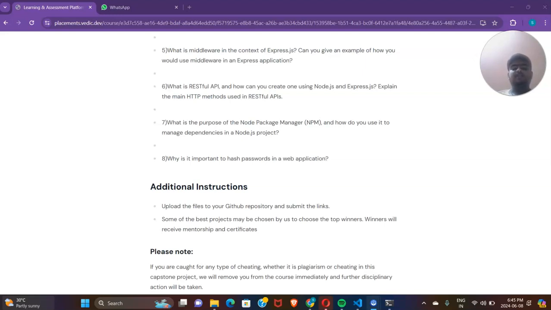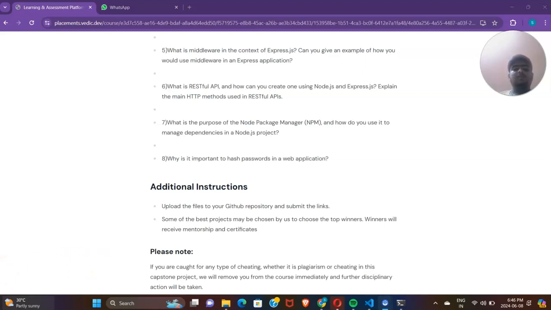A simple middleware function in Express.js that logs the request method and URL would look like app.use, and in the parentheses we specify the request and the response.